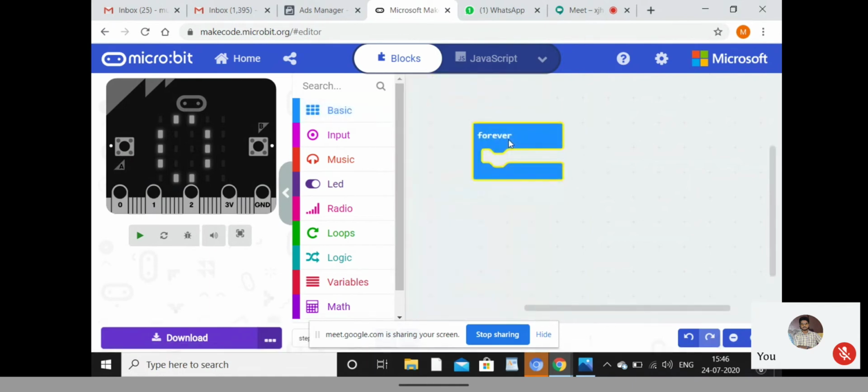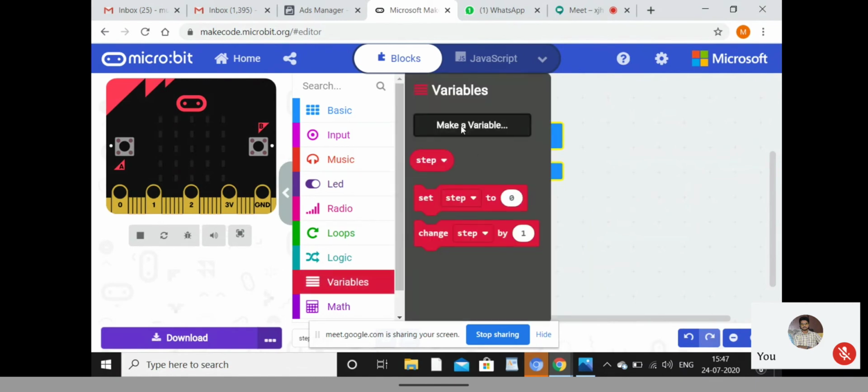Forever. Then we need to set the degrees. If you directly give if else and set the condition, the chip doesn't know which program you are doing. So first you need to set the degrees.